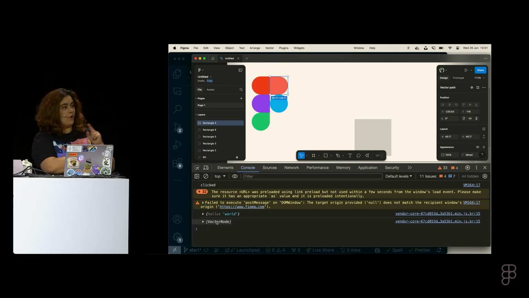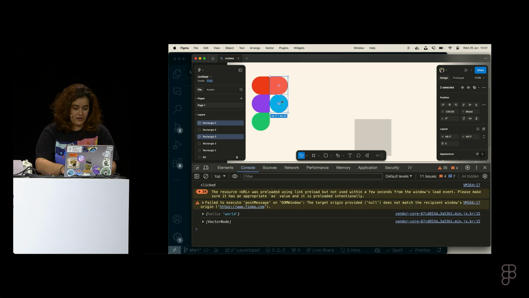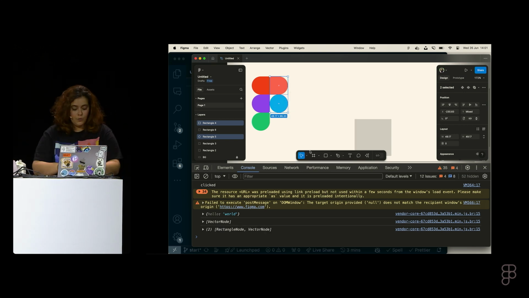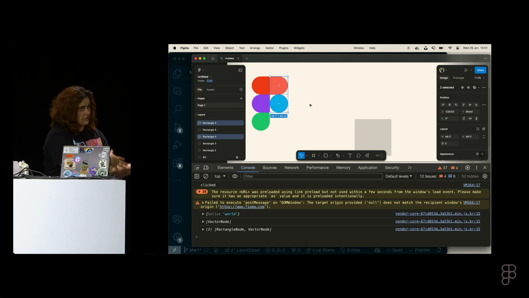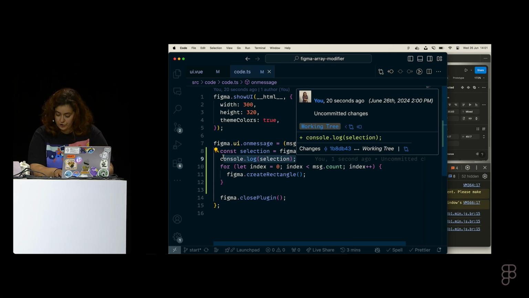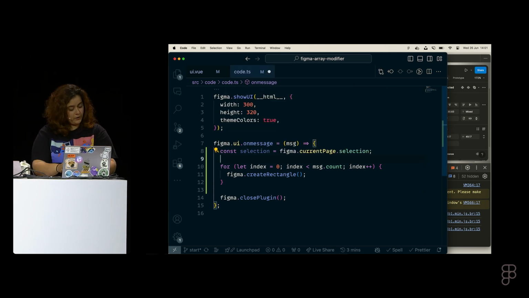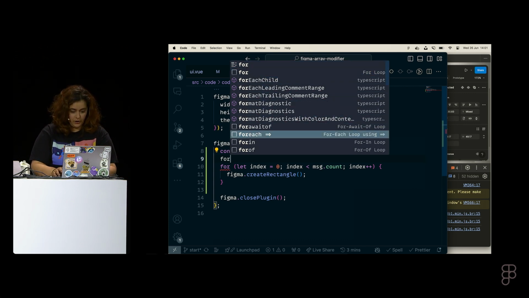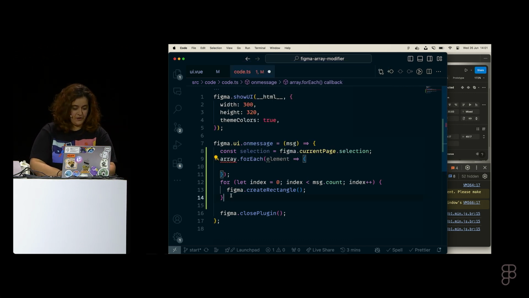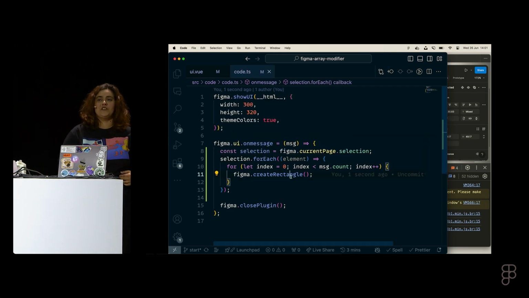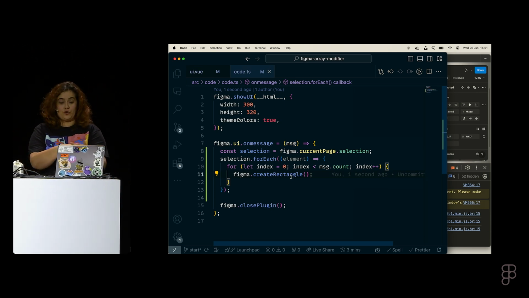Okay, so right now we got an array of 1 vector node, but if I select 2, then I can also get an array of 2, 1 vector node and 1 rectangle node, right? So we actually need to go through each of the selections that the user has made, and for that we can use a forEach. So what I can do instead is a forEach, and you look for forEach in here, right? And then you click enter, and it writes everything for you. It's beautiful. This is the best thing you'll learn out of this talk. Use VS Code. Okay, so selection.forEach will then give me each element that the user has clicked.